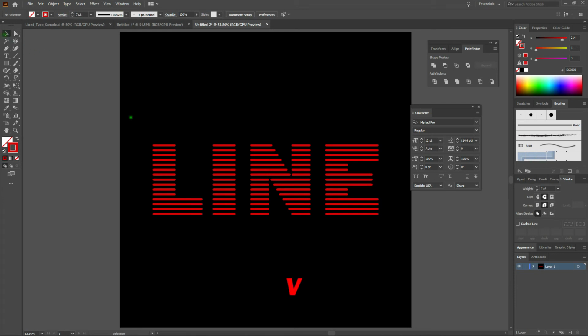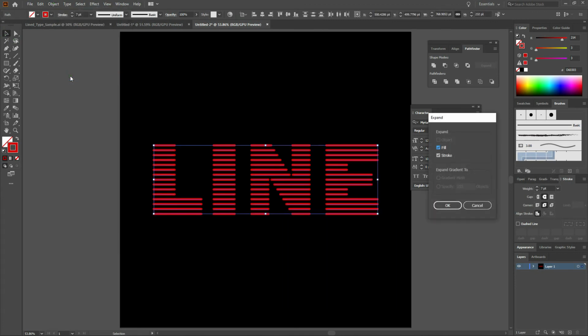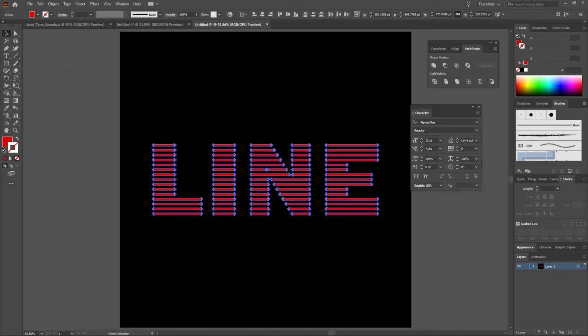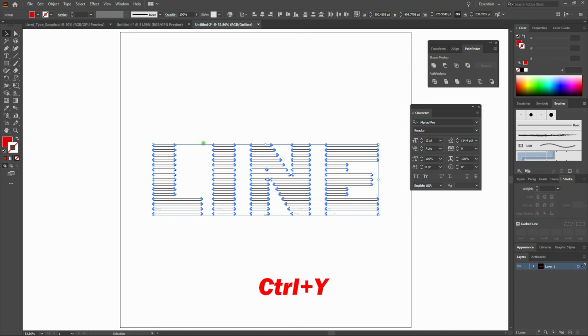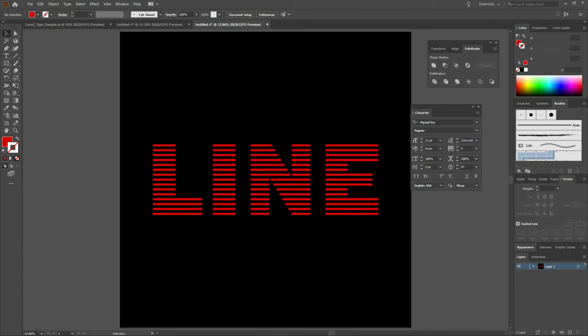With our selection tool selected, we're going to drag across our line segments. We are going to select Object, Expand. When we expand these line segments, we'll change the strokes to filled objects. That's going to make our object much more easily scalable and easier to color as well. Click on OK, and note if we go back to Outlines that our strokes are now filled shapes. Click off your piece, and let's finish this piece out